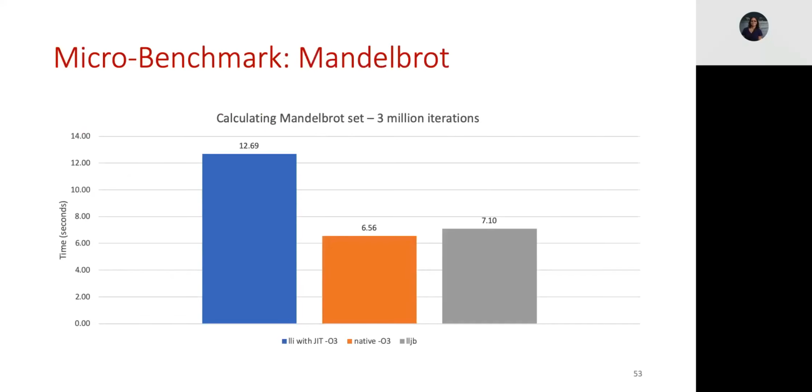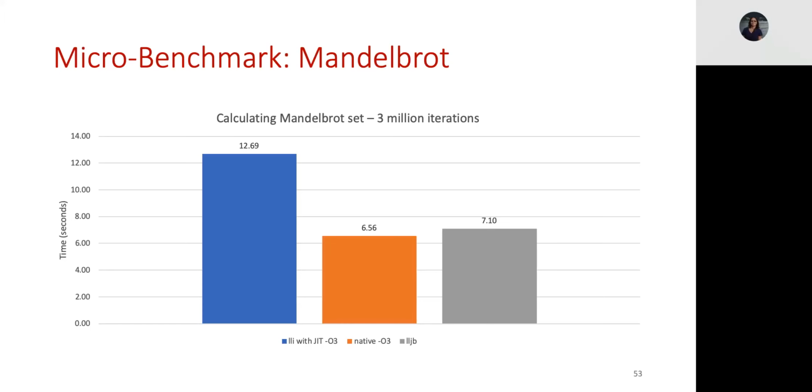So here is the result of running the Mandelbrot set with the iteration limit set at 3 million, just so that I could get a significant enough number to get a noticeable time difference measurement. And as you can see, the LLVM interpreter is significantly slower, while JIT at O3 is just a little bit behind natively compiled code. I think that looks pretty promising given the fact that we were able to achieve such results in such a